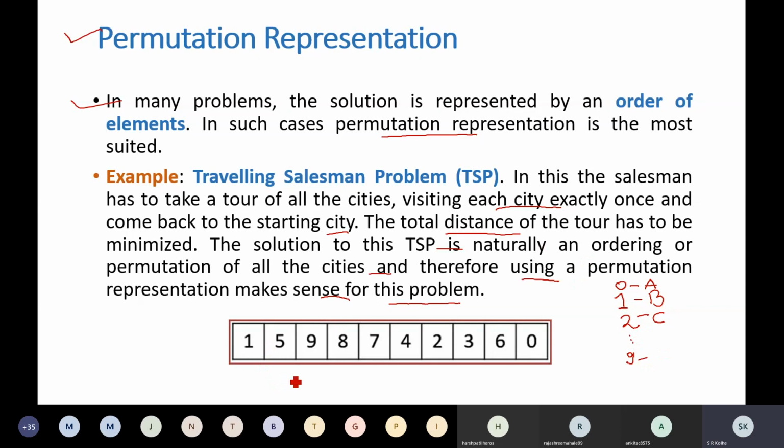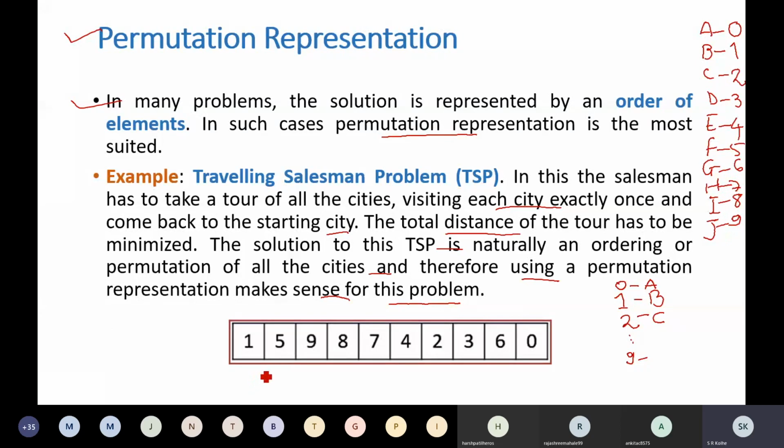These are the cities: A, B, C, D, E, F, G, H, I and J. Corresponding numbers we are going to use, digits 0, 1, 2, 3, 4, 5, 6, 7, 8 and 9.